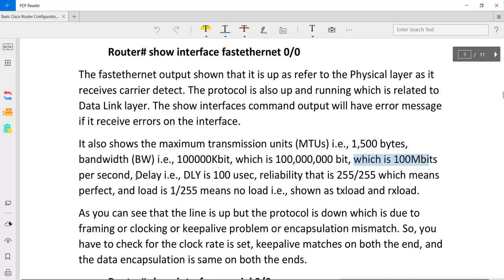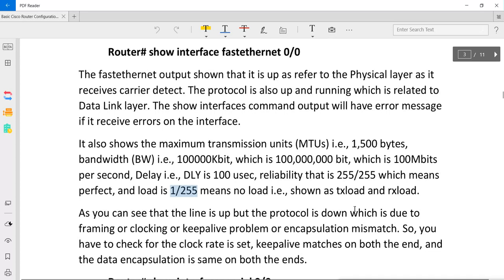Then it shows the delay, that is DLY, which is 100 microseconds. Then reliability, that is 255 out of 255, which means perfect. So it is reliable. And load, which is 1/255, means no load. That means there is no load on the interface because it is not being used, and that is shown in the TX load and RX load.